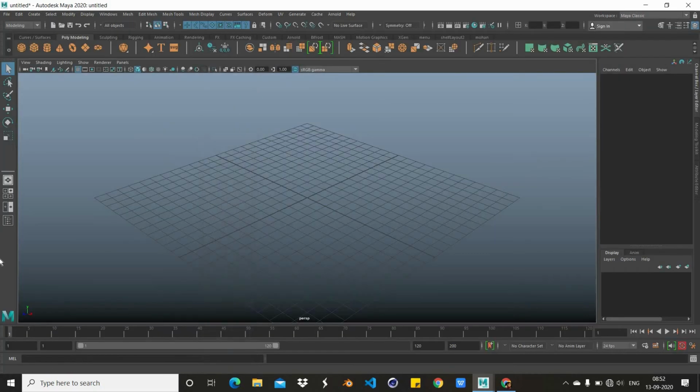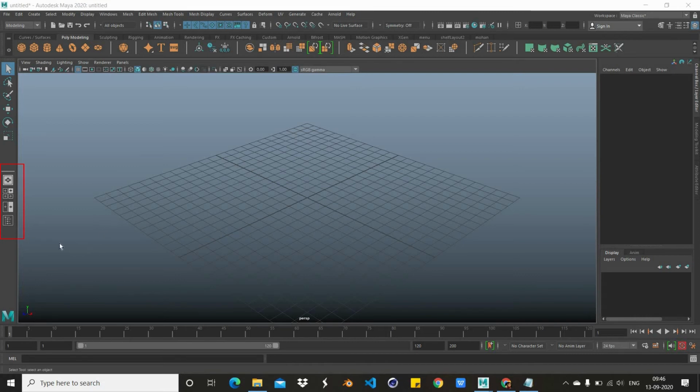Reset the current workspace. You can see down here that it is the perspective view, and that tells us the camera view that we are viewing in the viewport, and that is what the middle section is here. This is called the viewport, and you can see the axis down here on the lower left. This is the y-axis, and this is the x-axis and the z-axis. Y, x and z.